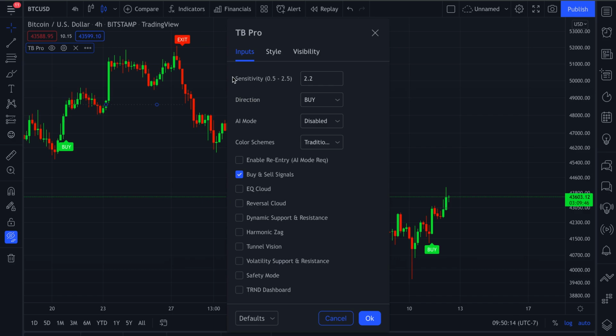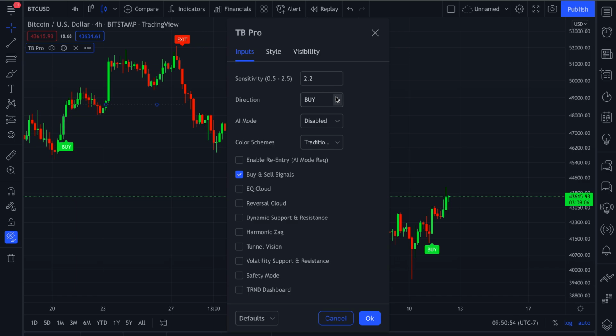tab. Here above, we still have the sensitivity tab to, of course, change how the algorithm reacts and how we want the algorithm to react in the market. Again, reaction, of course, means how sensitive we want the algorithm to be. The lower the sensitivity, of course, means the more movements the algorithm is going to pick up, which means the more signals and labels that you're going to have on your chart. The higher the sensitivity means you're wanting the algorithm to pick up on more substantial movements. So we're going to leave it right now at 2.2, and we're going to now focus on the direction of